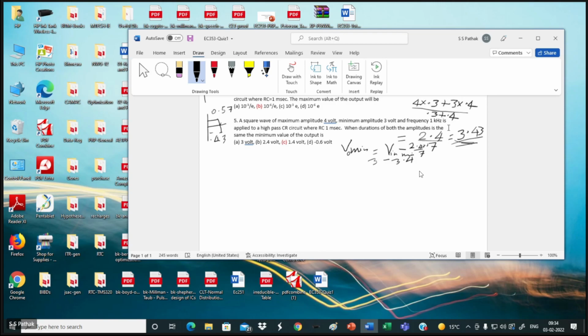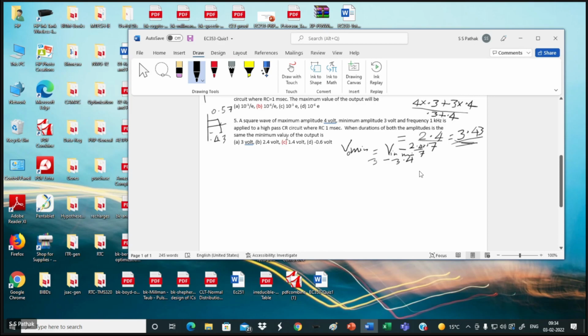That is the duration of that. Okay? 1 kilohertz means your time period is 1 millisecond. So 0.5 millisecond is your pulse, positive, and negative is again our duration 0.5 millisecond. That way, the 4 volt and 3 volt, that is the square wave. I do not call it a pulse because it's not 0 and 3 volts, so it is a square wave. 4 and 3 volt.